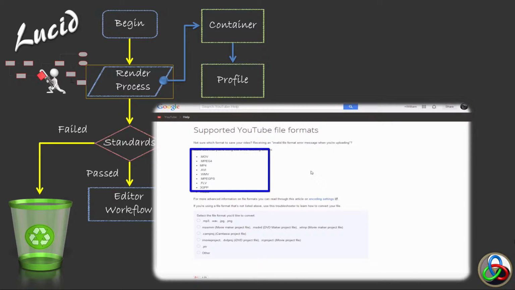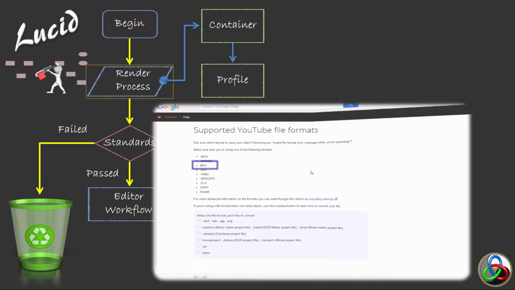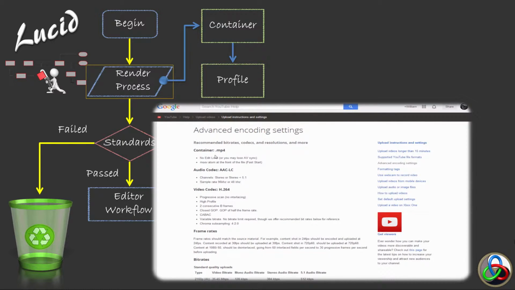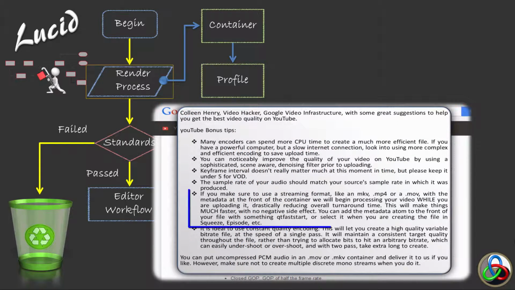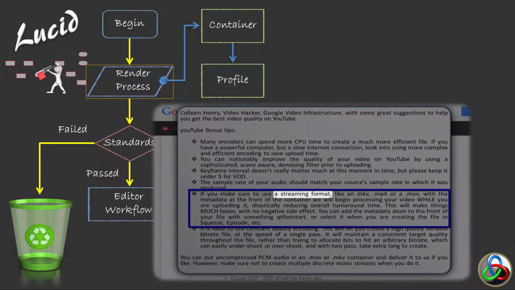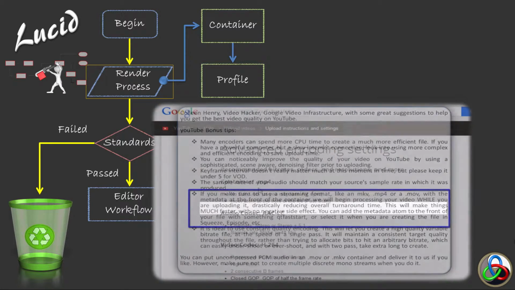Now if you're going to do anything with a video, then MPEG-4 is the most prolific format on the web, and a good place to get some guidelines is YouTube. Now you are supposed to pick the container to be MPEG-4, that might be the obvious thing, but what is never so obvious is the fact that you should use the streaming format or streamable option within the MPEG-4 container. And here is a good quote: it does make things faster for you to upload and get good user experience